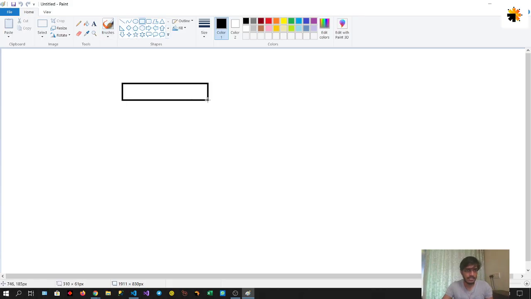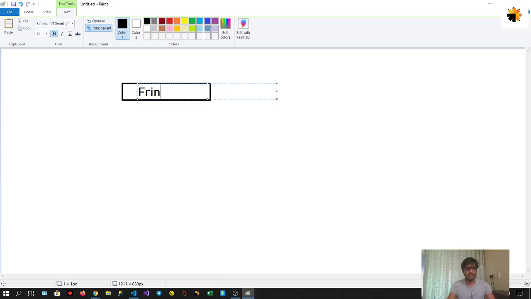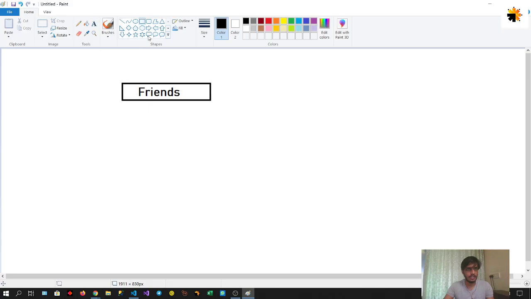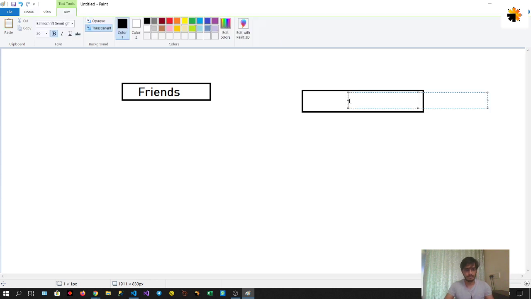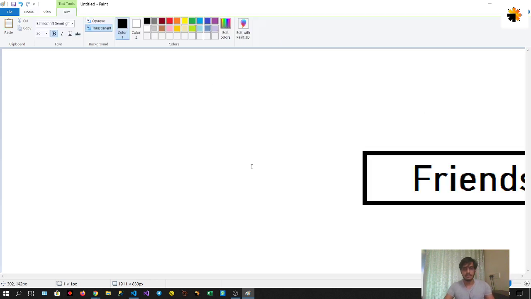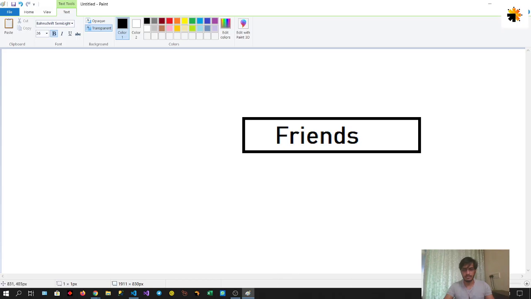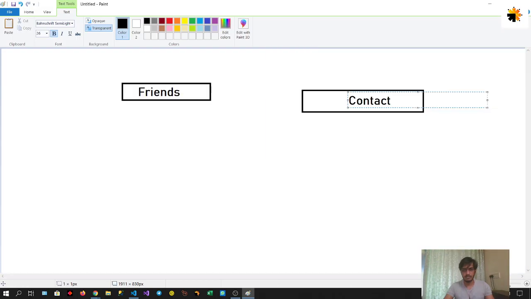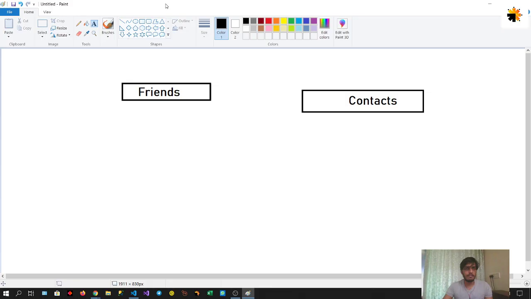So for example, this is your friends array, and then you have the contacts array. Now what it is doing is, the value stored in this is